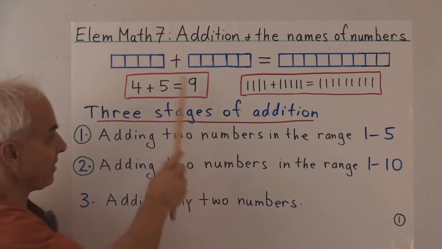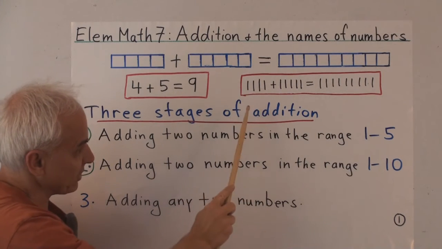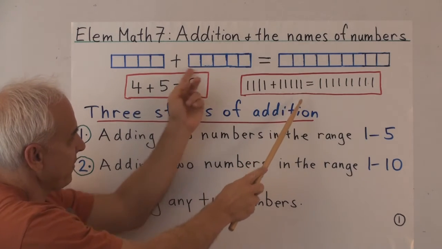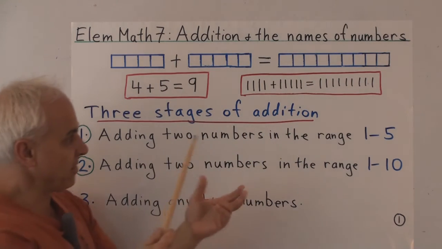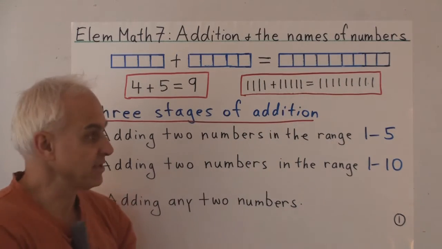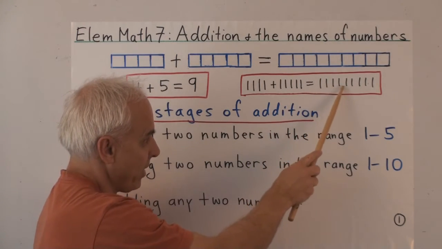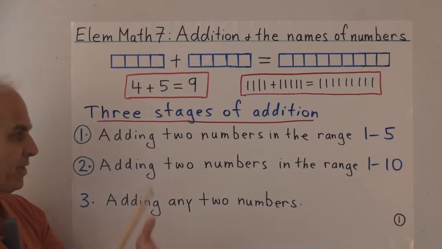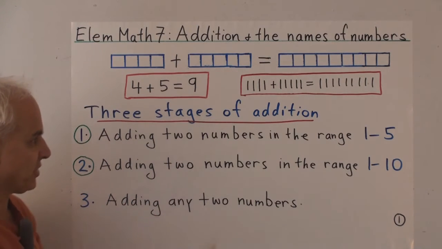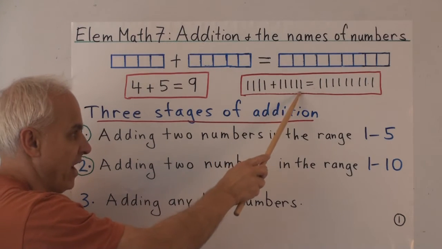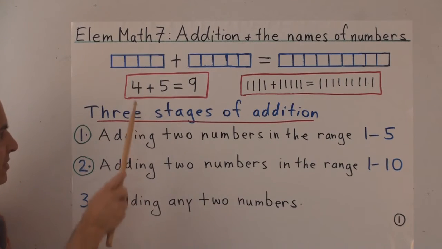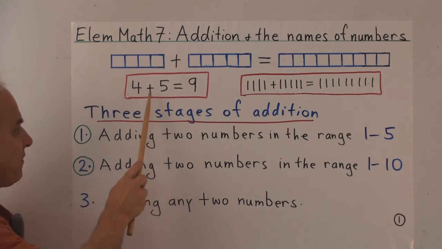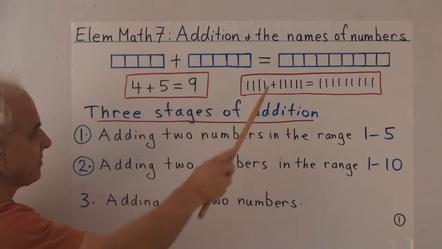So in the Roman system, these two numbers are represented by these strings of ones. 1, 1, 1, 1 for that one. 1, 1, 1, 1, 1 for that one. And adding them just amounts to putting those two strings together to get 1, 1, 1, 1, 1, 1, 1, 1, 1. Okay, so then we ended up giving names to these numbers. So this is really the number 4, this is the number 5, this is the number 9. And here's our Hindu Arabic symbols for those. So we would today write 4 plus 5 equals 9.